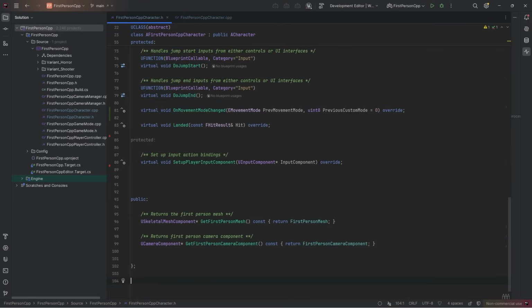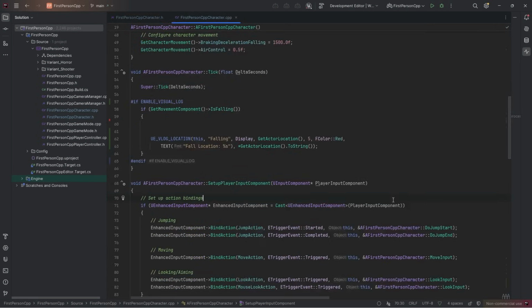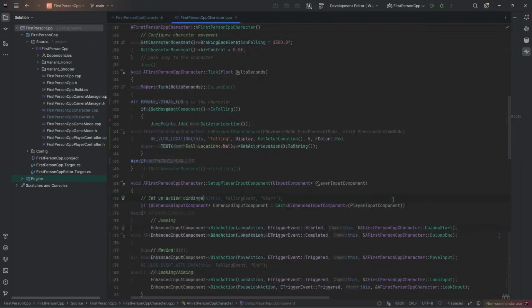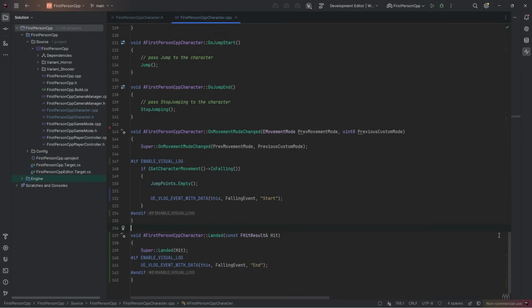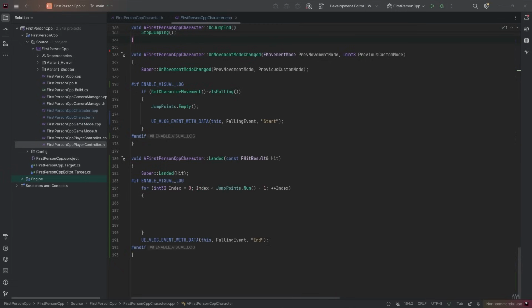To create a custom arc, we will manually track the player's movement through the air. Here's how. Create a TArray of FVector in your character class to store each location while falling. Inside tick, if the character is falling, append the current location to that array. When the fall begins, make sure to clear the array so we start fresh. And finally, when the player lands, loop through all stored points and use UE_VLOG_SEGMENT to draw connecting lines